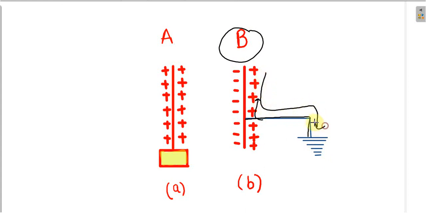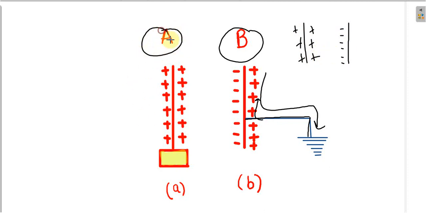So now you have a plate having only negative charge. Now B plate will have only negative charge and this plate positive as well as negative charge. So finally, if we want to increase the capacity of plate A, we will bring an uncharged plate near to A plate, that is B. So this B plate induces negative and positive charge.